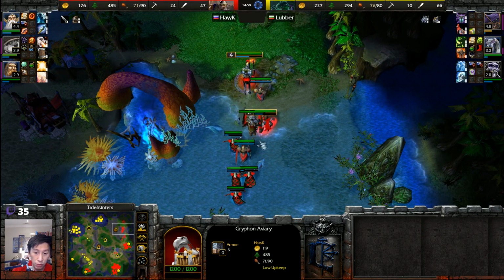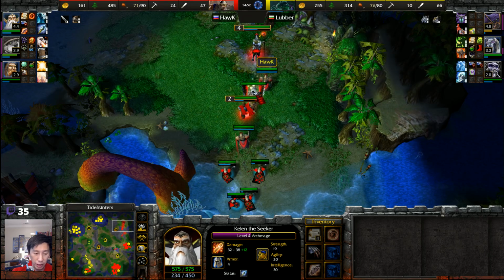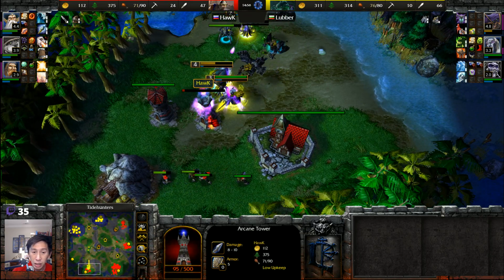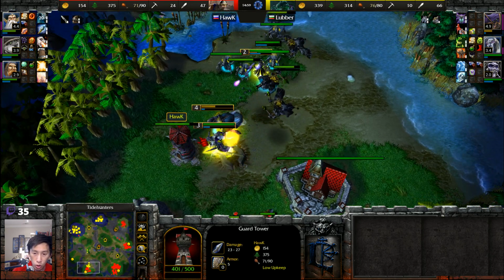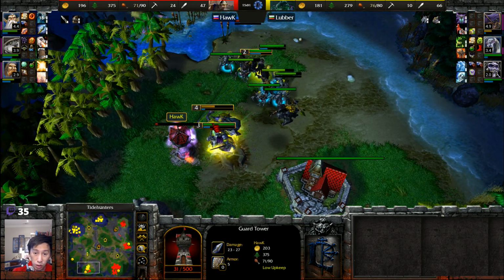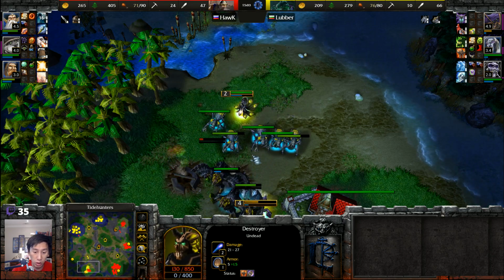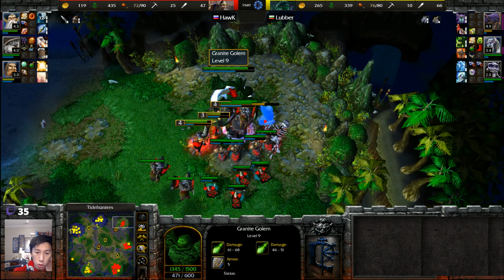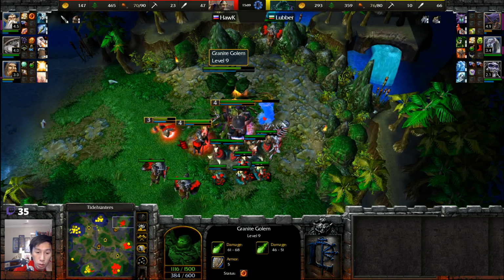A Beetle going to easily get finished off here, as the Archmage does finally pick up an Inner Fire. All right, Hawk not going to be able to save this base at all. The guard towers, well, falling victim to the Destroyers extremely fast. But it looks as though Hawk is going to use this opportunity to clear out the Granite Golem creep camp